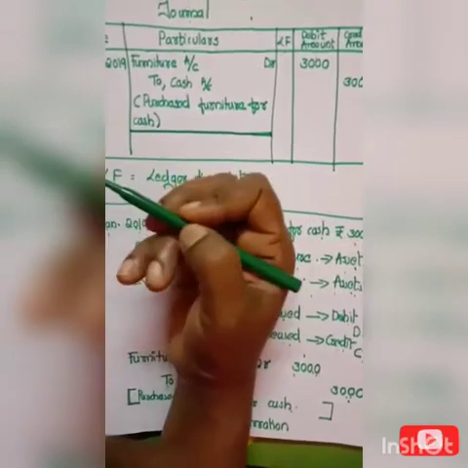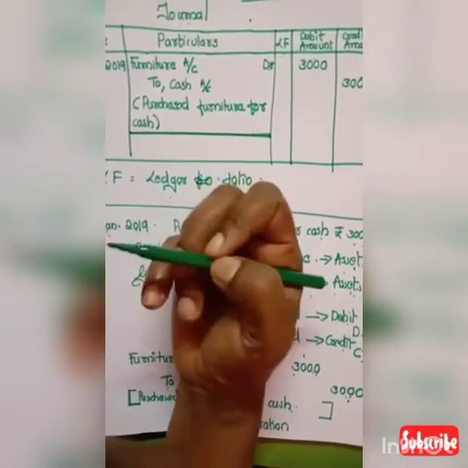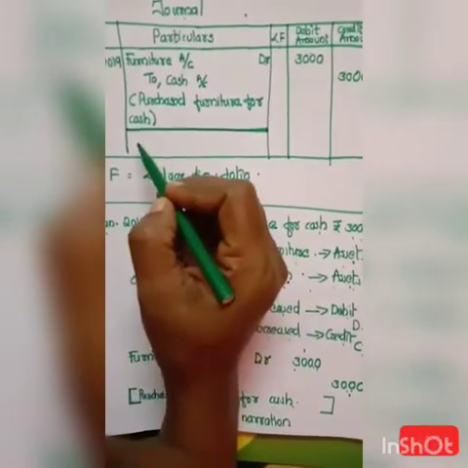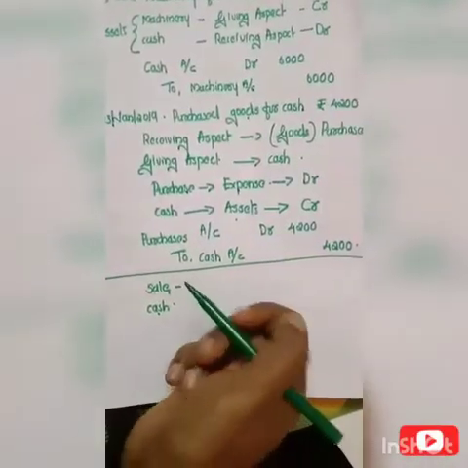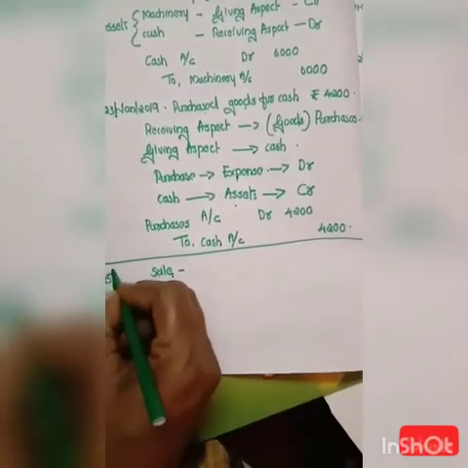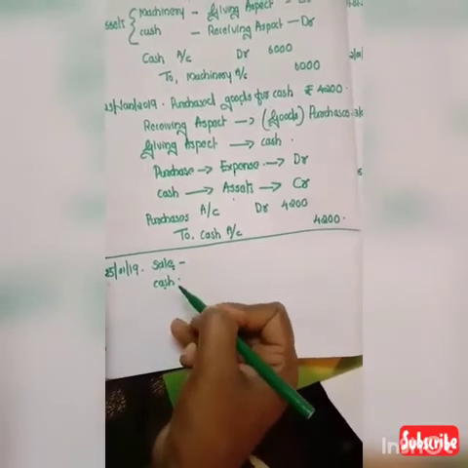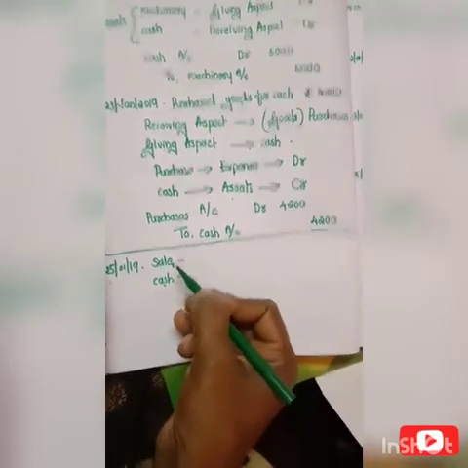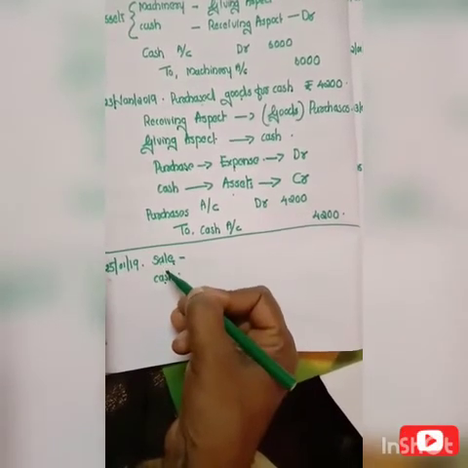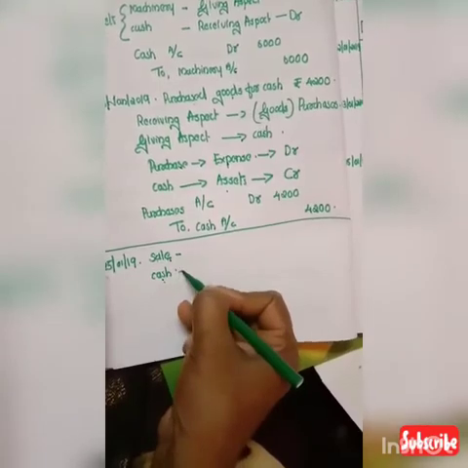After that, we can write the next journal entry. The next journal entry is on 25th January 2019. Sold goods for cash rupees 4,500. Two aspects are there, that is sale and cash. Sale